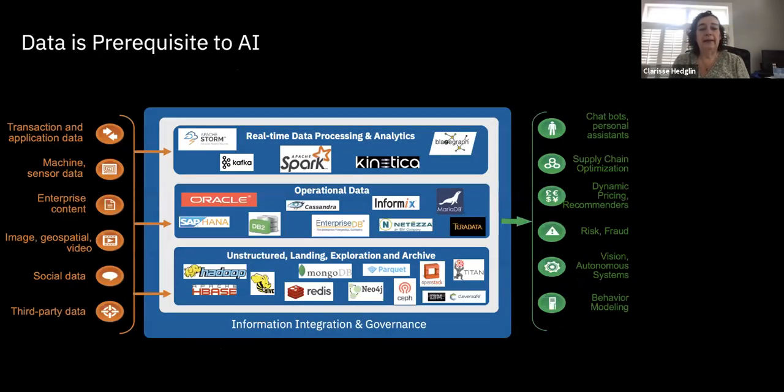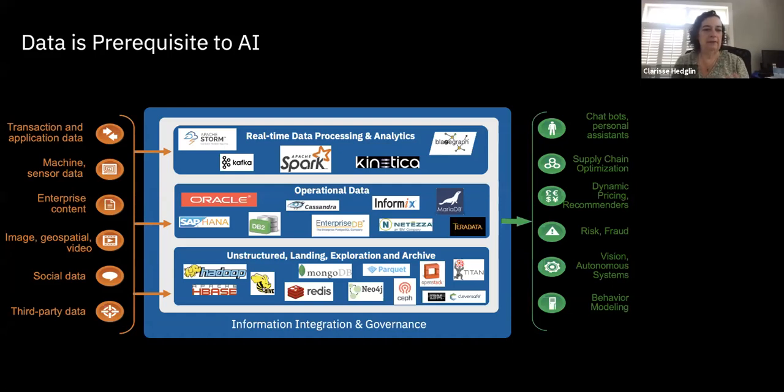So clearly, to get to that infused piece or deployment, if you will, you need to start with the data. And we talked a little bit already about structured versus unstructured data. The idea here is that it's much more than those two categories. Your data is going to come from many, many different sources and be of many different formats and types. And so your storage architecture and flow is going to make a big difference in how you build up your